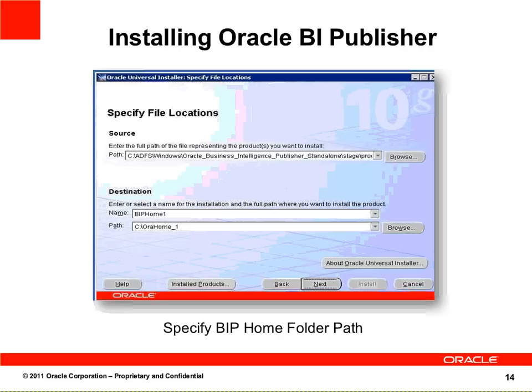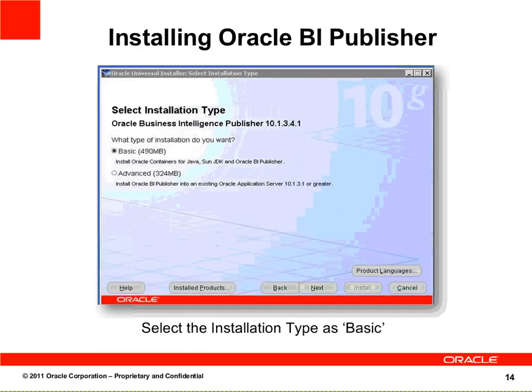You specify the home location. So this is with BIP. Anytime we talk about it, that's all Oracle BI Publisher. And then the path to the actual Oracle home physical path. Once you give that, you hit the next button, go to the next slide where we see what type of